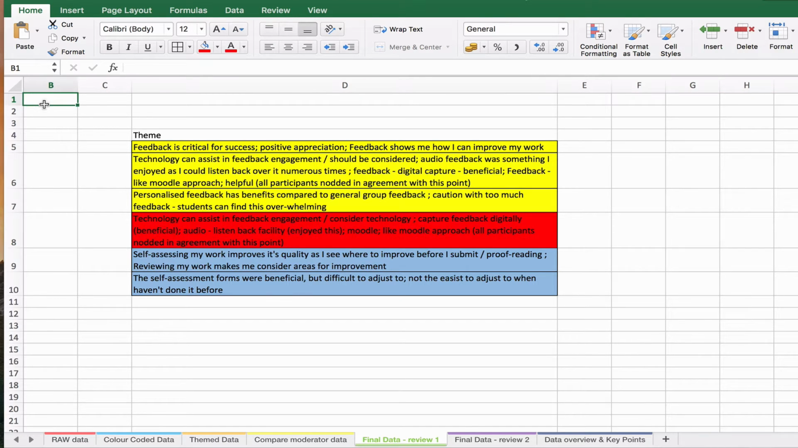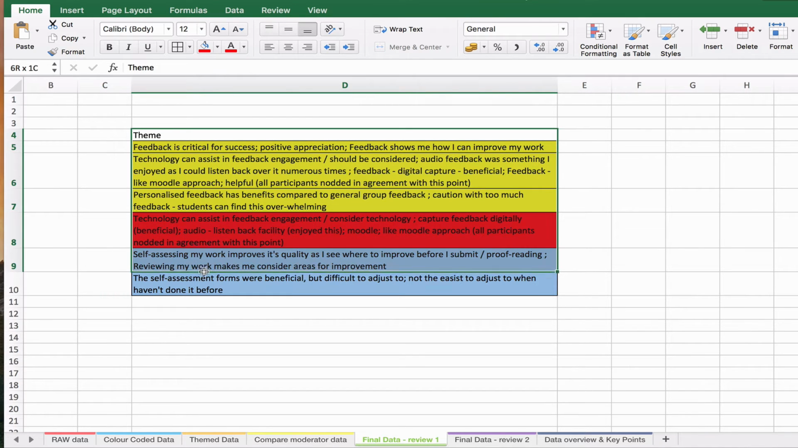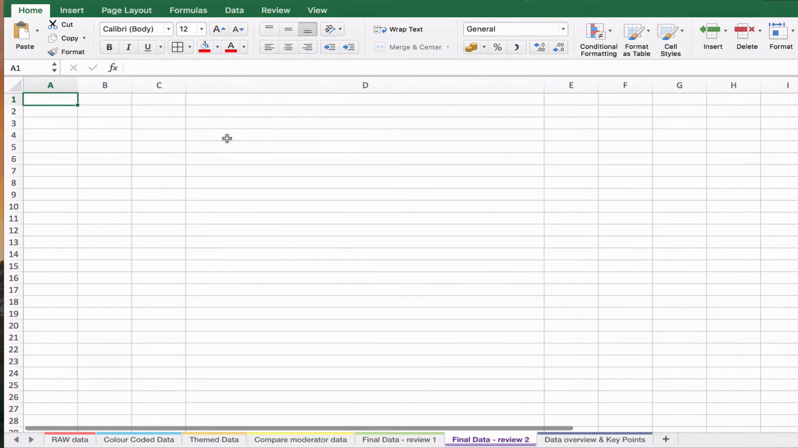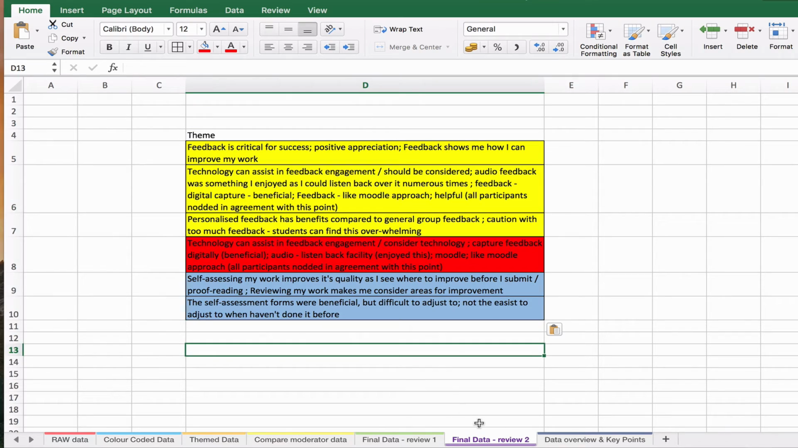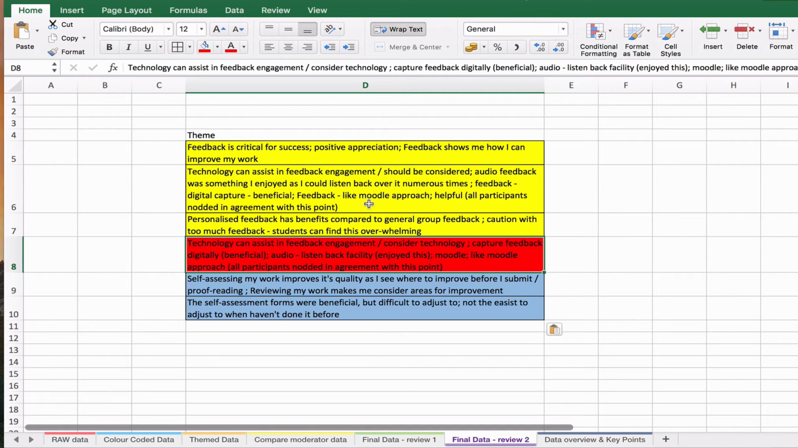Okay, so now you see the data's been consolidated a bit more. At this stage, I would take a break from it and come back after the break. Then I can come back with fresh eyes to the data and see, in a new tab, can I review it any more and whittle it down even further. So I might decide that the technology elements are being duplicated, and really, do I need to have both? So if I make sure that I have all the key points, technology can assist in feedback